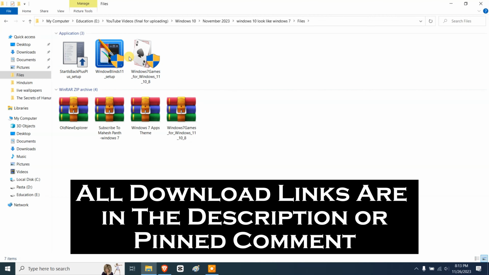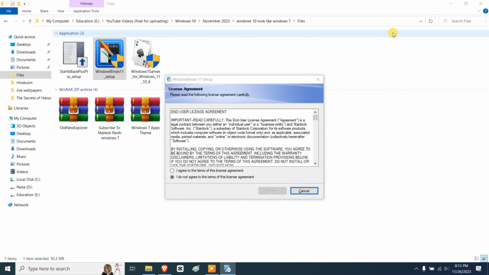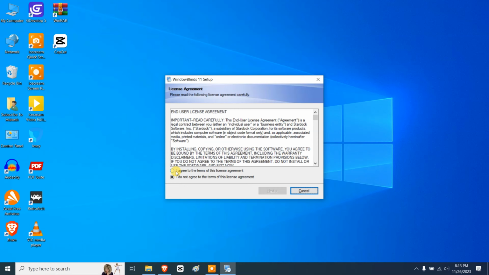So I have downloaded a couple of things here. We'll download all of these later. So I'm gonna double click on Windows Blinds setup file. Yes, right, I'm gonna minimize out of this. So it says license agreement, and if you want to read, then you can read all of this here. I agree to the terms of this license agreement. Next,